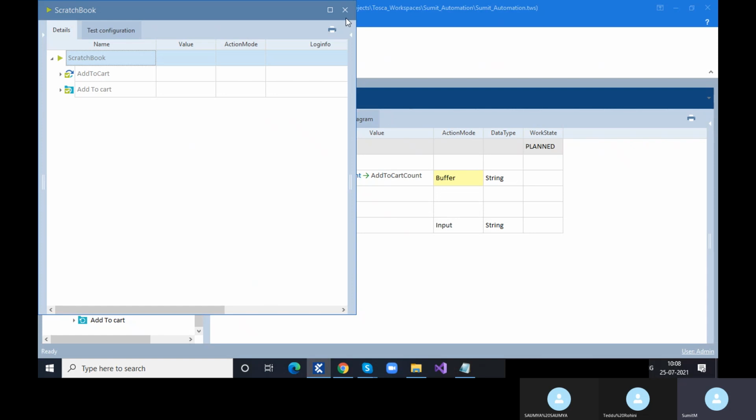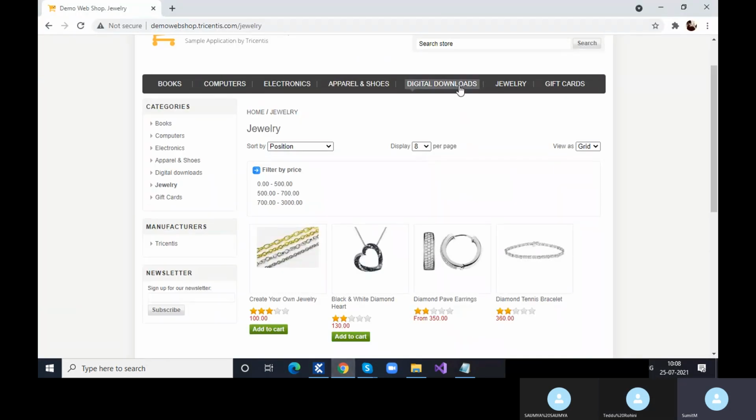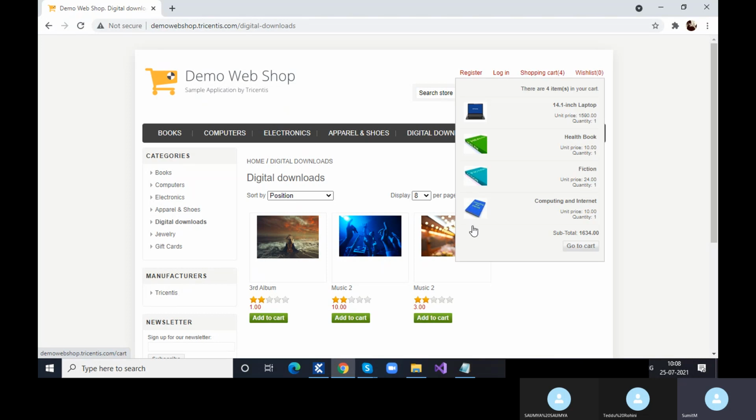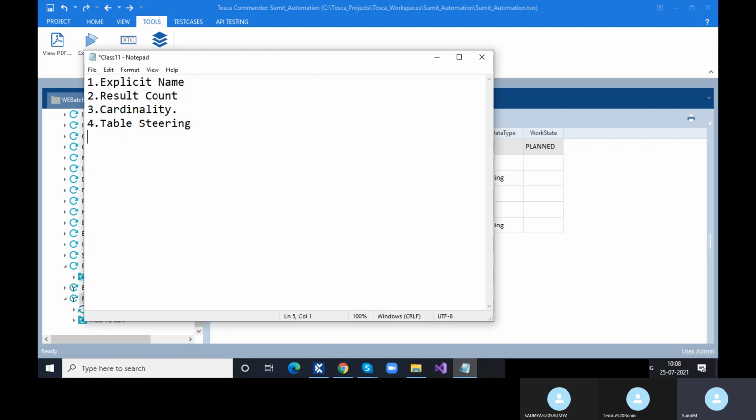Getting my point? Yes, sir. So what I'm doing is manually counting the number and acting accordingly to add some products into the cart using the result count. Okay, so it is your task now